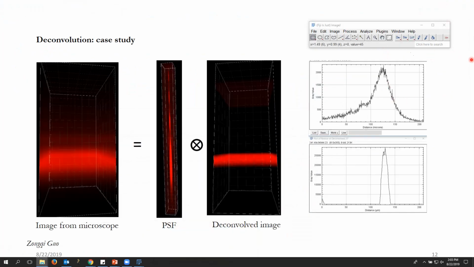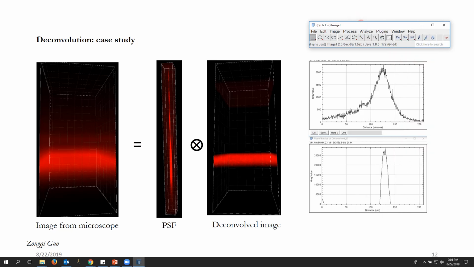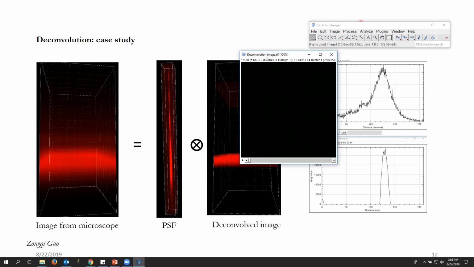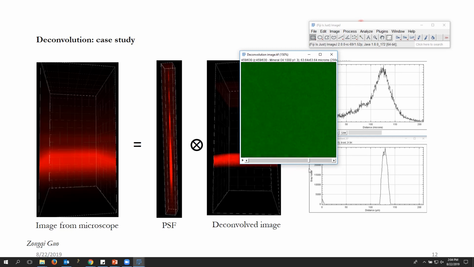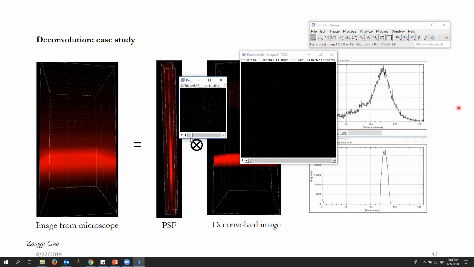So I have already put that plugin in here, and it's called iterative deconvolve 3D. Okay, so here I will put this. This is the image that you can download from our website, deconvolution image. So you can see deconvolution image TIFF, and if you see it in 3D, it has intensities like this. It's a Z stack, 630 frames, and this is the point spread function that we saw just now. So you can see that intensity increases, and there are multiple rings that you see here. All of these are diffraction patterns.